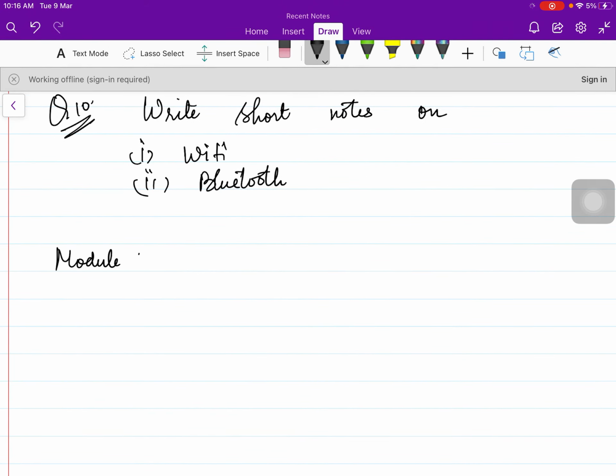Now let's come on to module 4, that is digital electronics. And there, first of all, I will not be writing the questions over here. I'll write the points over here that you must know. So you must know the De Morgan's theorem, very, very important. That will help you to minimize the expressions using Boolean algebra. You must know the formulas that we have learned, that there were only 4 formulas that we have learned to minimize the Boolean expressions.